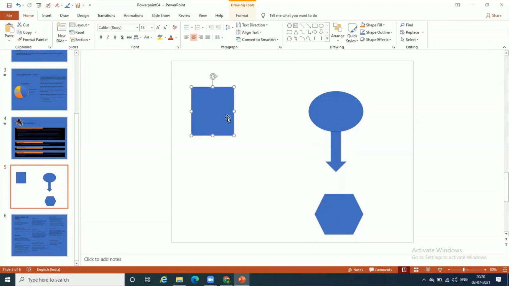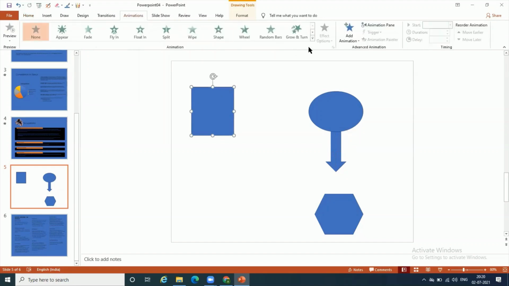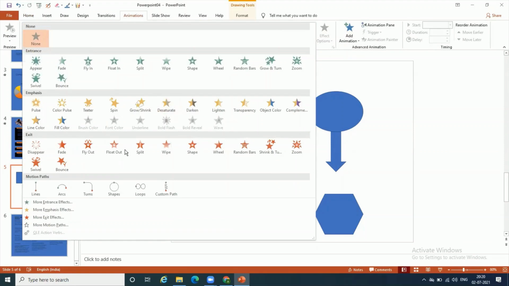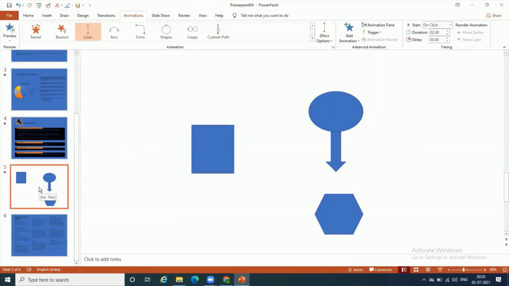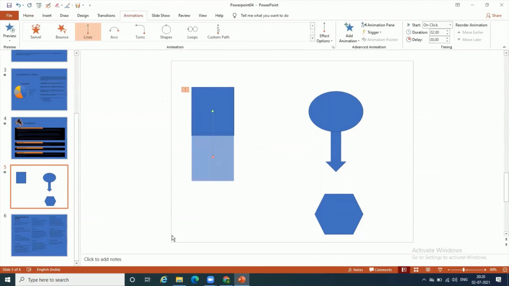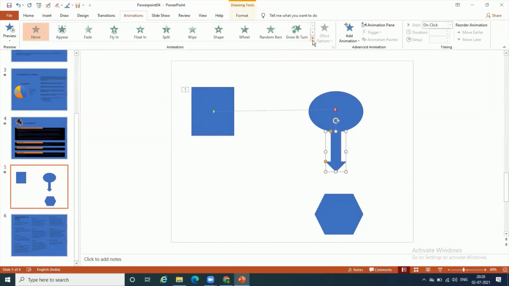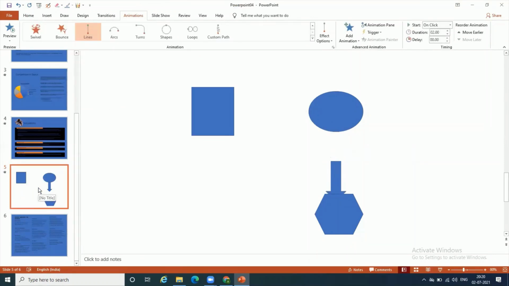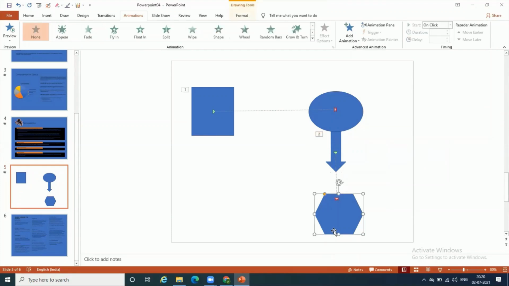So we go shape by shape. I pick the first shape, go to animations, and I say, okay, motion path. I say lines. So I've got one line. Say, I want you to come exactly over here. And when you come here, I have this arrow. It'll again have a line, which is perfect. This is where I wanted it to go. Then I'll have this hexagon,